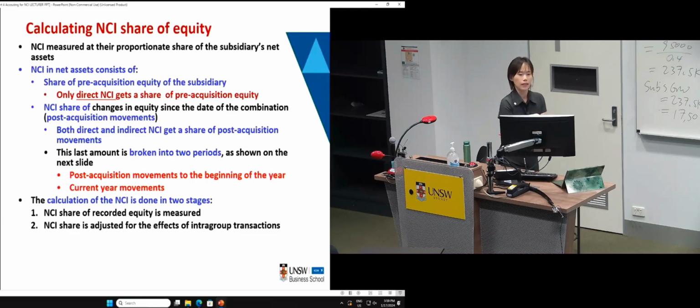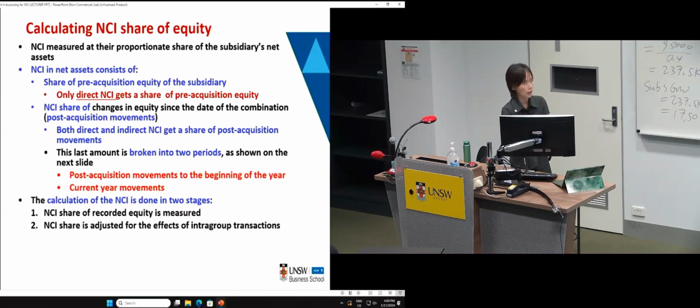Now what about the second stage? In the second stage, we are going to identify all the intragroup transactions where the subsidiary records unrealized profit and loss in its accounts. And when these unrealized profit and loss are eliminated in the worksheet, you need to adjust NCI accordingly. So it is very important in the second stage to identify the direction of the intragroup transaction. The direction matters. If the parent entity records the profit and loss that remains unrealized on the intragroup transaction, we only need to prepare intragroup elimination entries, no NCI adjustment.